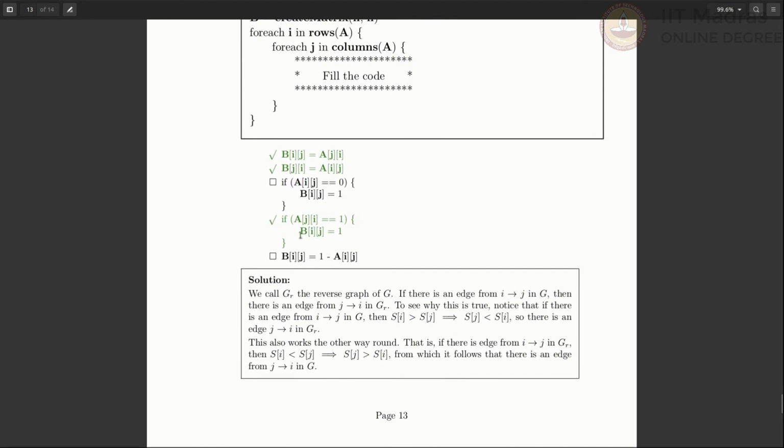right? So let's analyze this graph GR and G before arriving at some decision. Notice that if there is an edge from i to j in G, then there is an edge from j to i in GR. To see why this is true, if there is an edge from i to j in G, then S of i, the score of i, is going to be greater than the score of j, which means that the score of j will be less than the score of i, right? And according to the definition of GR here, there is an edge from j to i if the score of j is less than i. So there will be an edge from j to i,